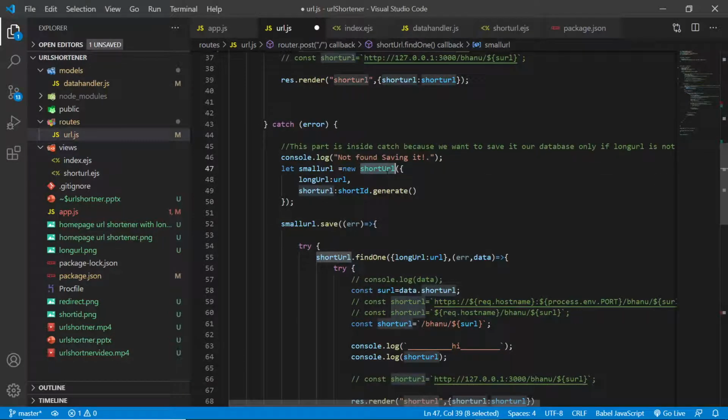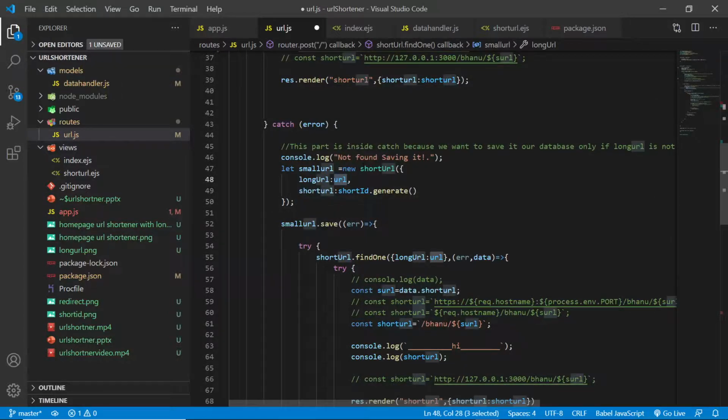We can simply create a normal object, but we need to create it using this, because what we are creating is an object. If you see over here, it is just a JavaScript object, but we can't create a normal object. We have to create an object of short URL collection, because it has to follow some properties. It has to mandatorily have this long URL and the short URL also. That's why we are creating an object of short URL. The short URL is like your class, or the class is the collection. I think you are understanding.